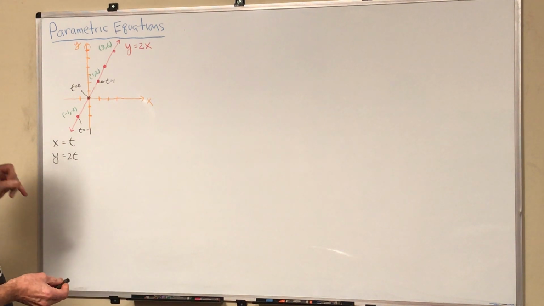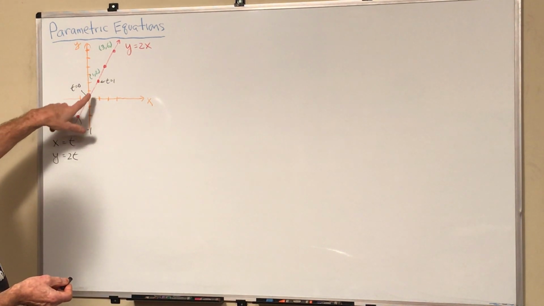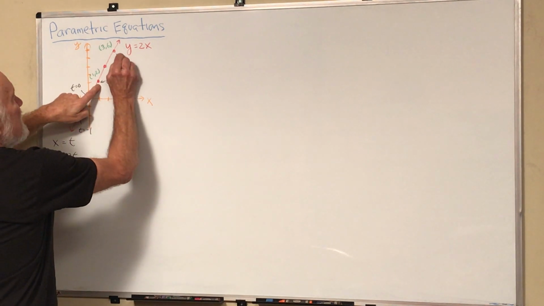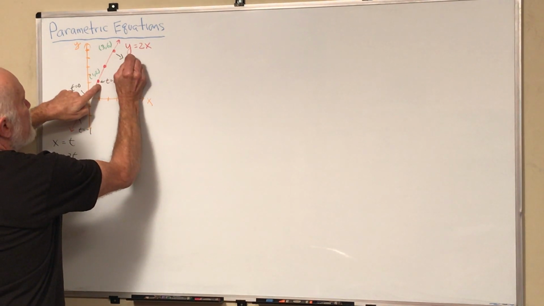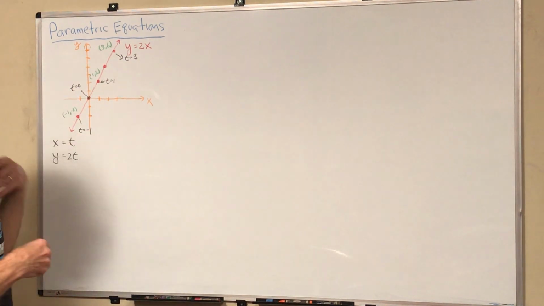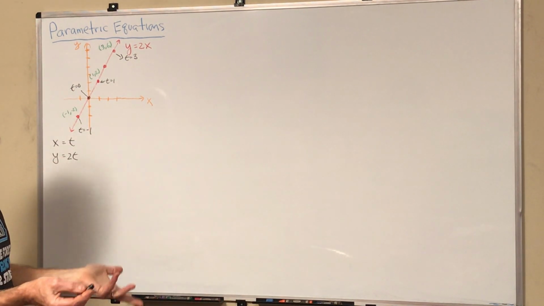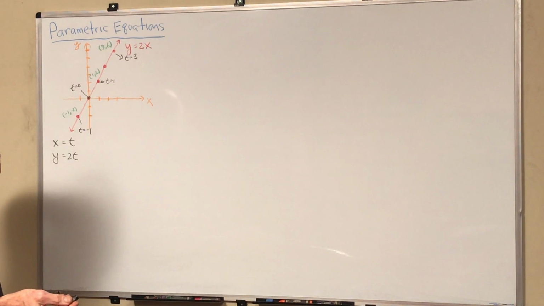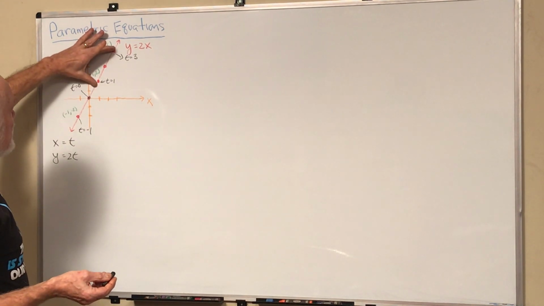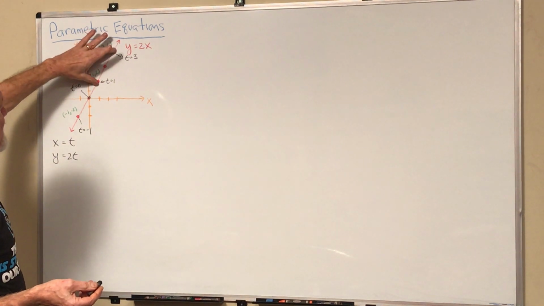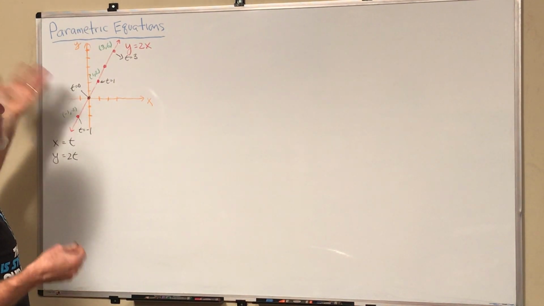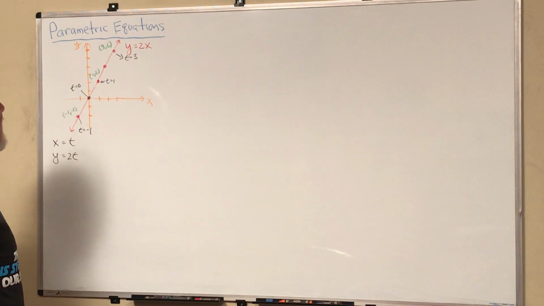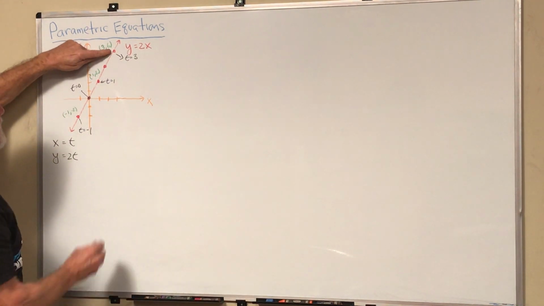So for instance, if you went from this point here at t equals 1 to this point here at t equals 3, and if you think of t like in seconds, and say this coordinate system is in centimeters, you have some motion between time 1 and time 3. You've gone a certain distance in a certain amount of time. And I think you can find out what that distance is.